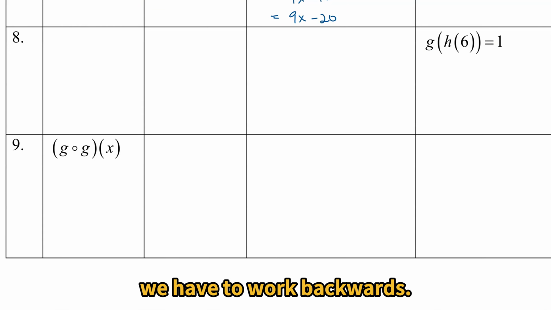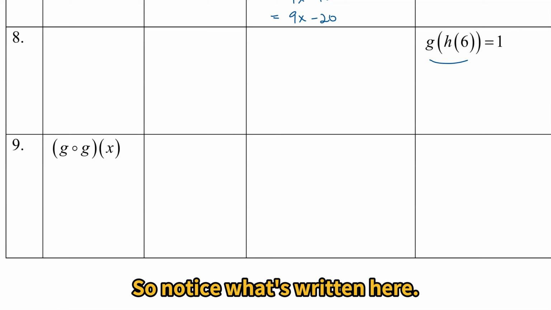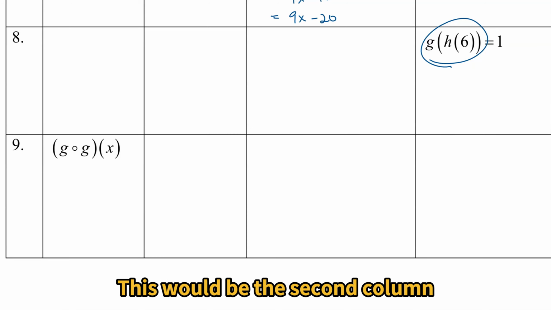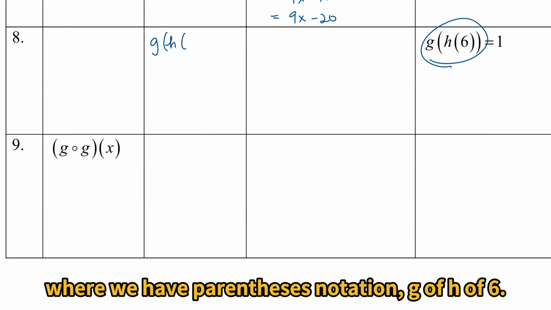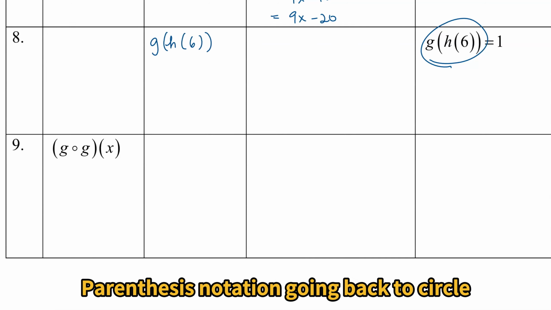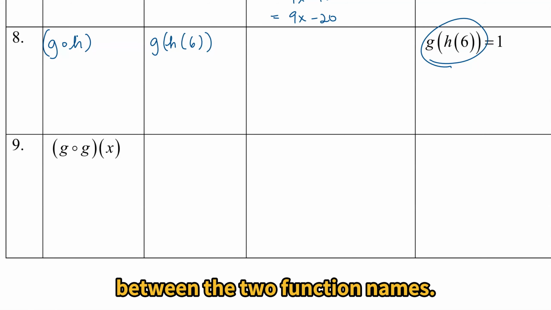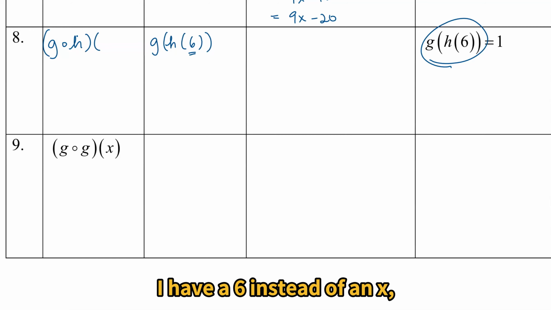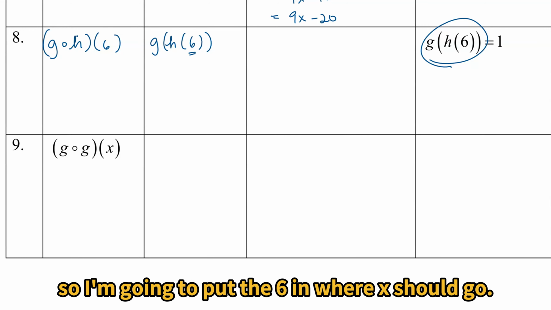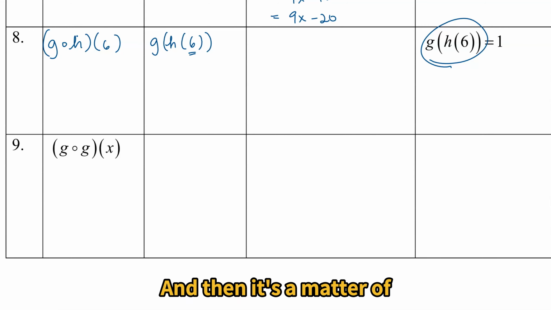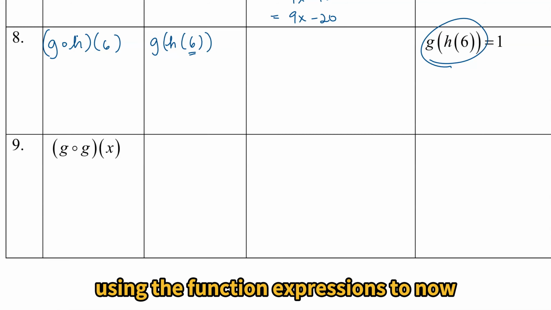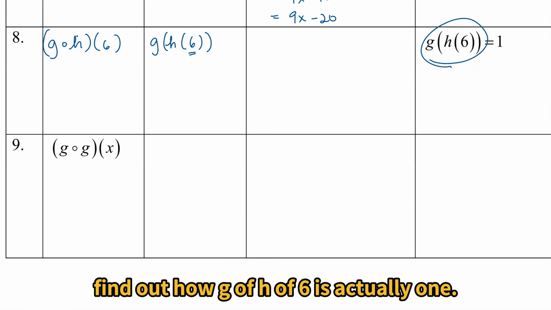For number 8, we have to work backwards. So notice what's written here. This would be this second column where we have parentheses notation, g of h of 6. Parentheses notation, going back to circle notation, just means we put a circle between the two function names. I have a 6 instead of an x, so I'm going to put the 6 in where x should go. And then it's a matter of using the function expressions to now find out how g of h of 6